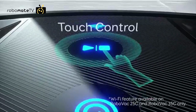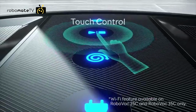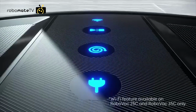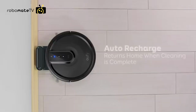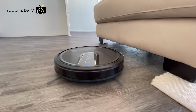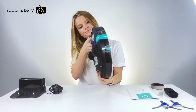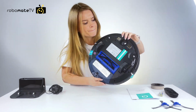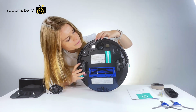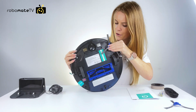I like the buttons set out here like this. You've obviously got your Wi-Fi light, your start, stop cleaning, your spot cleaning, return to base buttons, and they're set out quite nicely. The infrared sensor also looks quite good along this bumper at the front here. If we look under the bottom, we just see your charging pins. These are where the 2 side brushes go, so